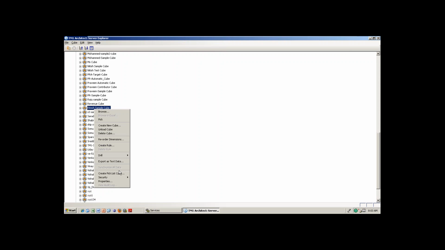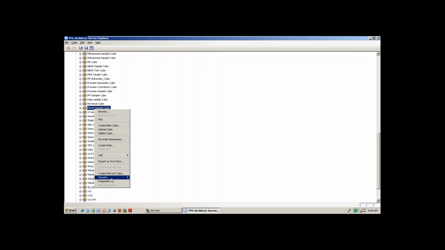Normally in a real-time scenario, for example, if you have a comment column or an accept column or something like that, where the entire column has to show the same drop downs, then you don't need to create a pick list cube. You can create it in the edit element attributes, you know how to create the pick list. So that is the main thing. But if you want to have one pick list for each and every cell, then you need to go ahead and create the pick list cube.